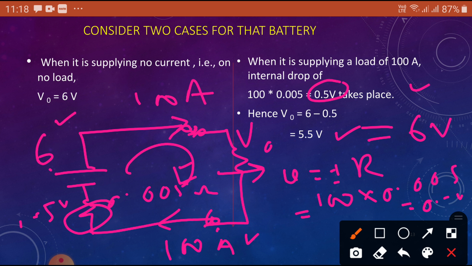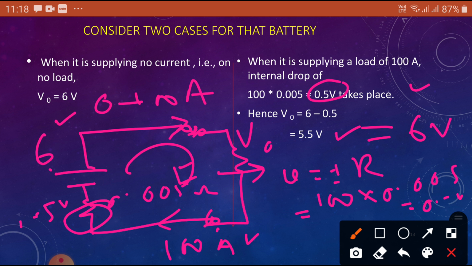Okay, that means 0.5 volts is dropped for a current variation from 0 to 100 amperes. I think this is a small variation, so practically it is an ideal source. Okay, 100 amperes changing from 0 amperes to 100 amperes, the maximum voltage variation, that means here the voltage,